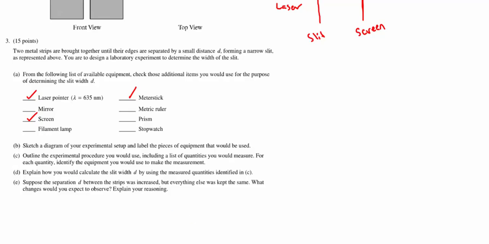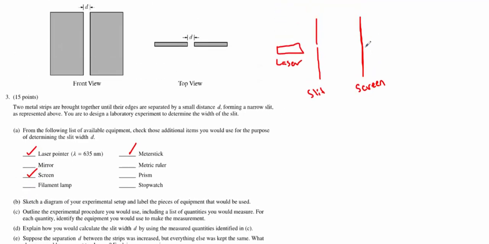To explain this, I want to draw a very crude representation of the pattern that we're going to get. So let's look at the screen, and you're going to get a pretty wide central maximum, and then you're going to get significantly lower intensity and narrower maxima as we get further away. And if you recall the single slit equation, d sine theta equals m lambda, this is for the location of the first minima,